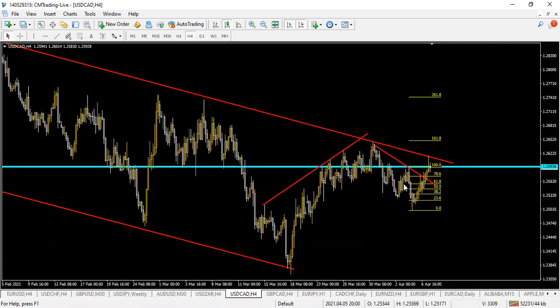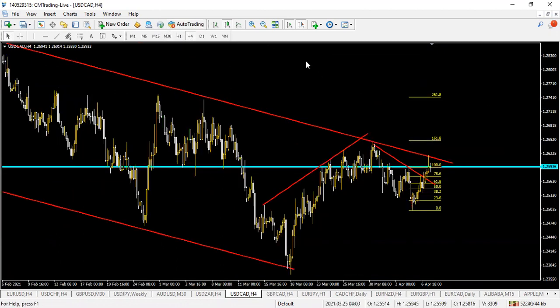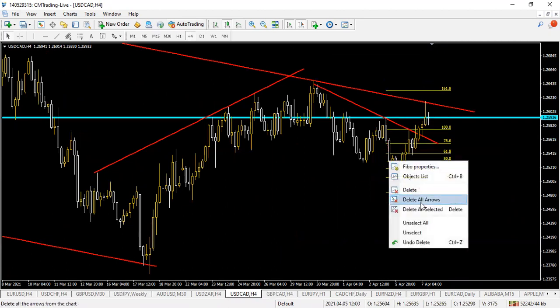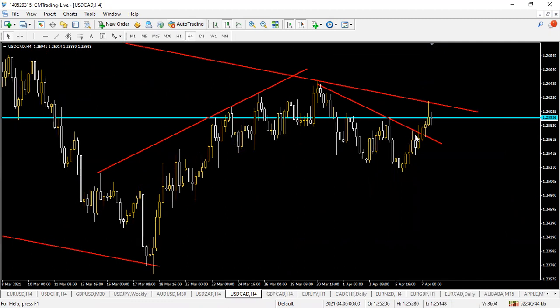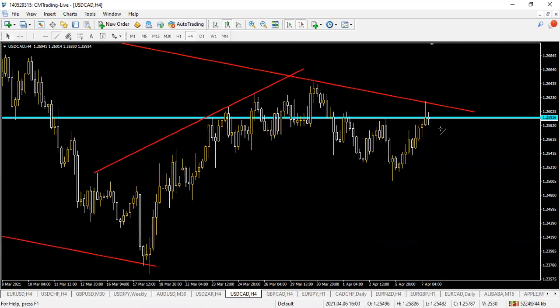Look at how the market is playing around these levels, right? So we didn't take this trade yesterday, but if you look at it on a 4 hour time frame, right? Let me quickly delete these guys here. They are no longer valid. This level right here is where market is failing to break and stay above.